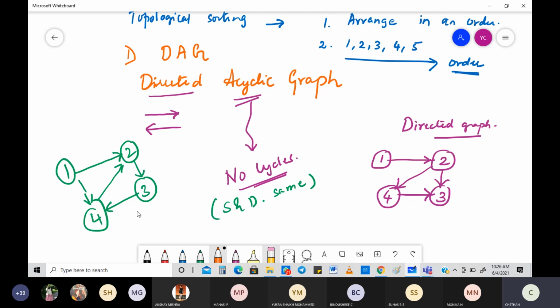So now you check. Is there a cycle? Look into this. This going like this, going like this, and of course coming back to the same place. Is there a cycle? Yes. There's a clear-cut cycle that you can easily understand from this. Okay, so there's a cycle here. This will not work when it comes to your directed acyclic graph. This is not an acyclic graph. This is a cyclic graph. So you can't do topological sorting for this.